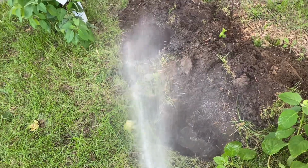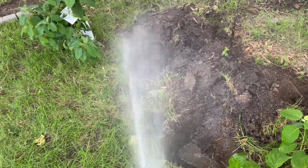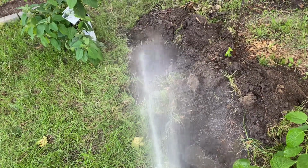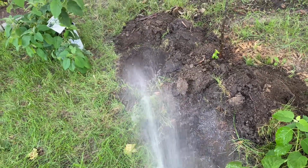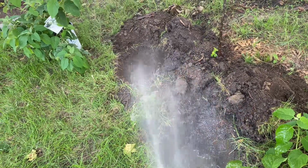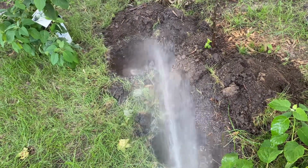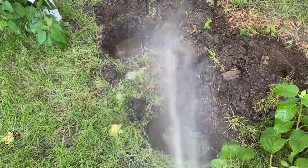And ideally I would have waited probably till mid-September to get them in the ground, but I think they will still be okay, because it's easier to keep them hydrated in the ground as opposed to in the pots, although they're doing okay in the pots. So I just want to make sure that there is a lot of moisture in these holes before I plant them. Just really soak them well, let the water drain through in the holes, and also make sure the plants are well hydrated before you plant them